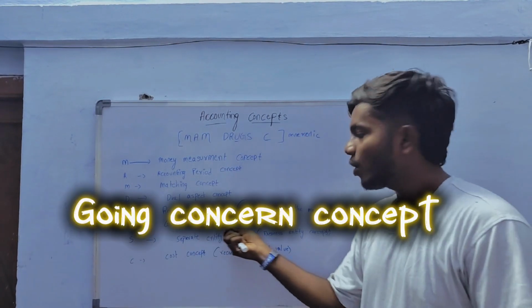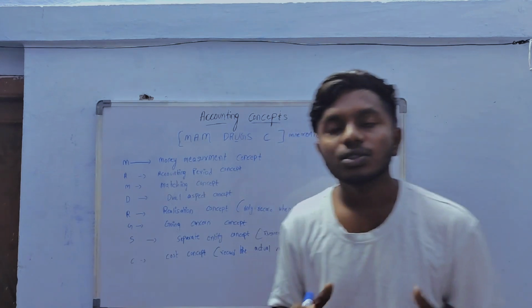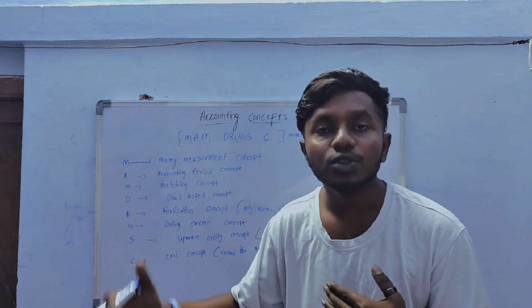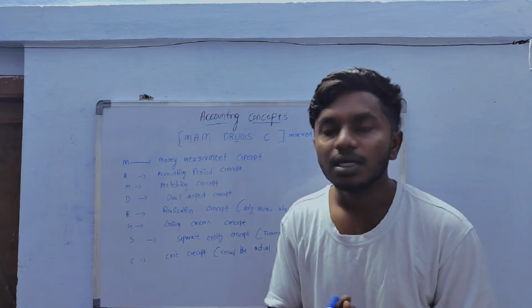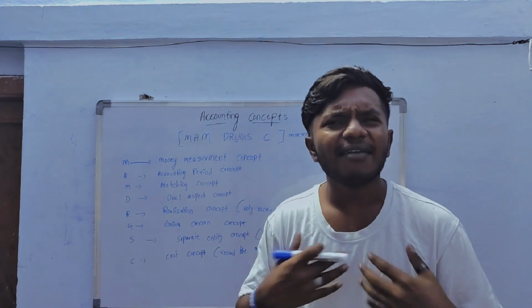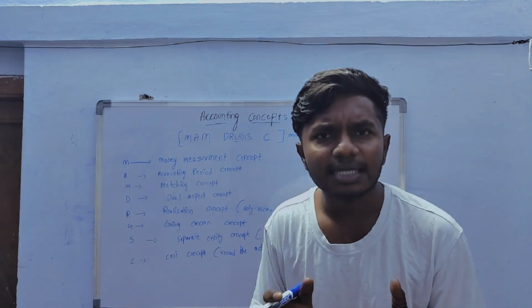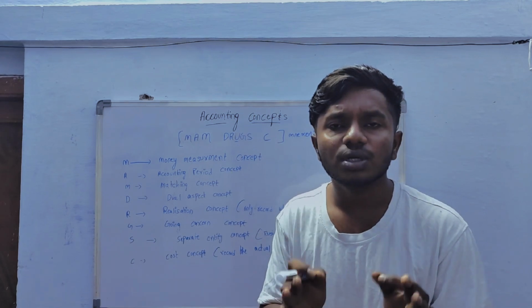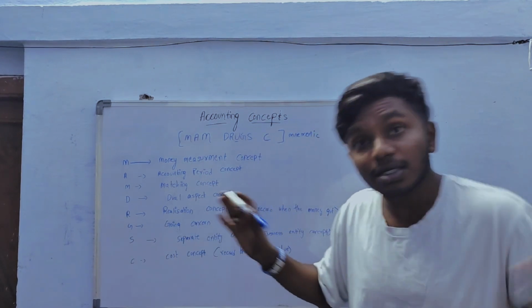So let's talk about the going concern concept. Let me give you an example. If you want to put up a business, you don't put up a business for one day, right? You want to continue the business for some years to get profits. It is the main aim and motto of the business. Let me give you another example. I have a bicycle, I sell it for 5,000 rupees or something. Should I record the transaction? It is not a business, right? Only business-related transactions should be recorded in the accounting books. The going concern concept talks about that.